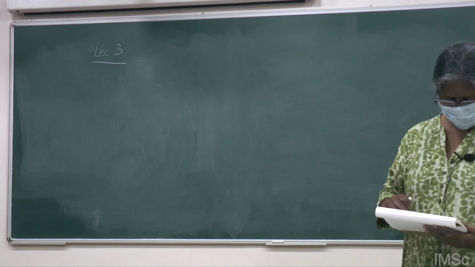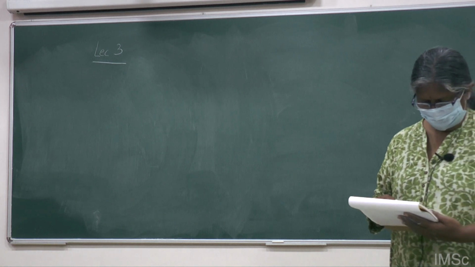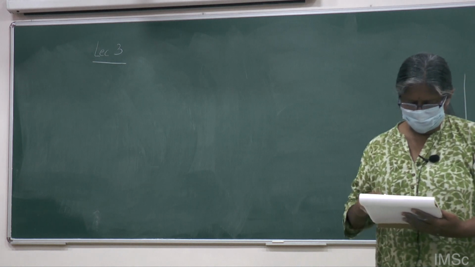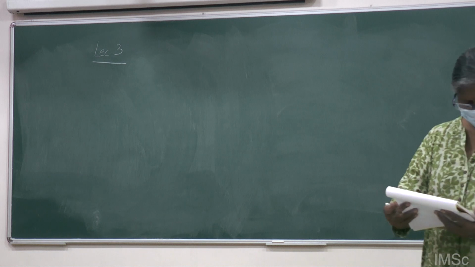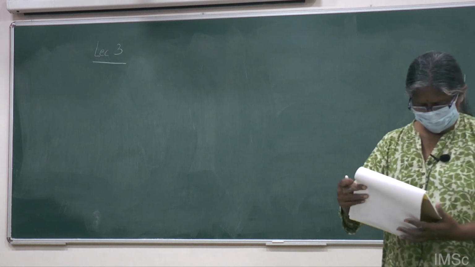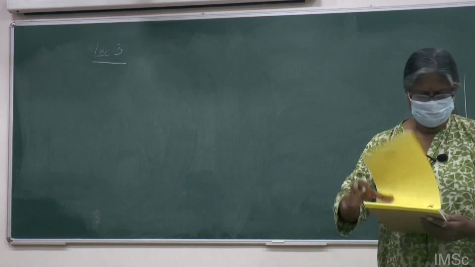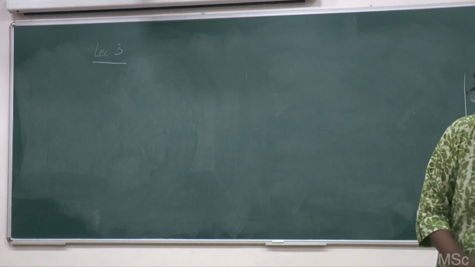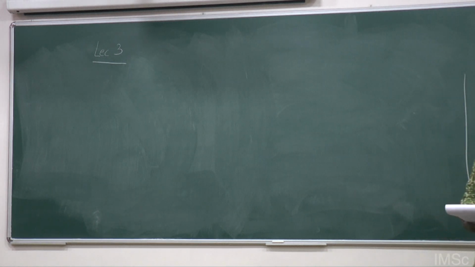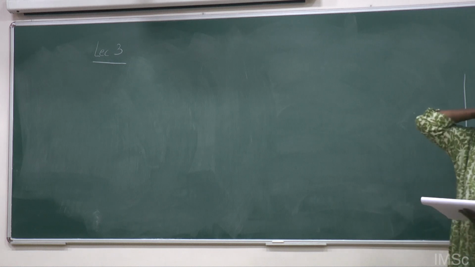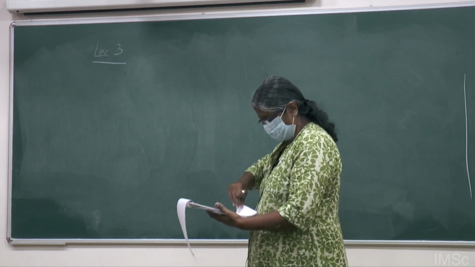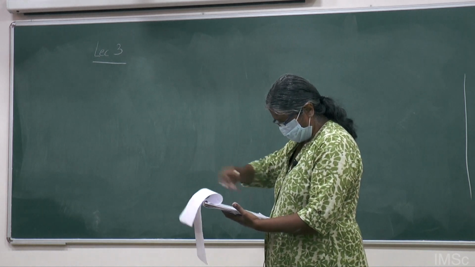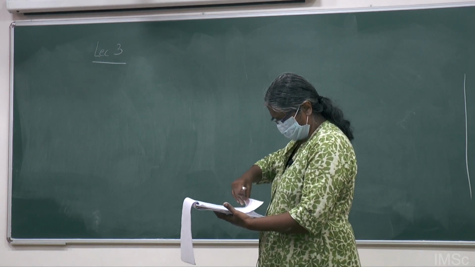There are some more things about this vector space, something about canonical transformations, but I don't want to talk about it. I think we will stop at this point. Okay, fine. So now we will come back to our stuff. So where did we stop? I think we had defined this thing.